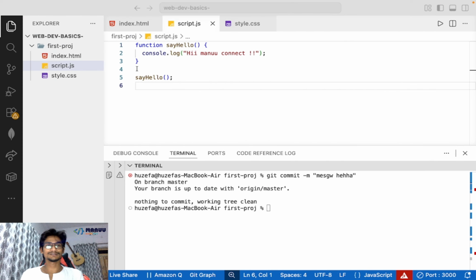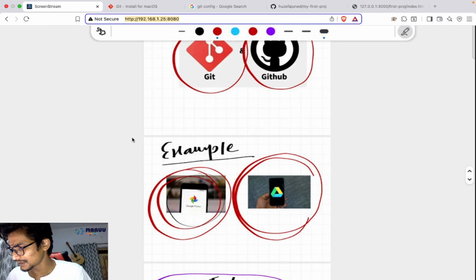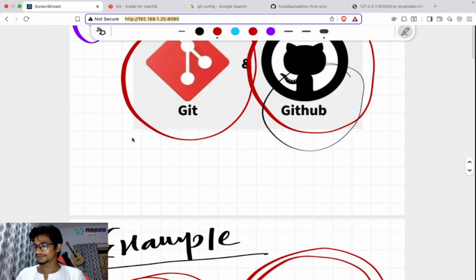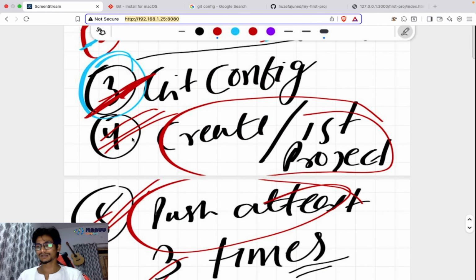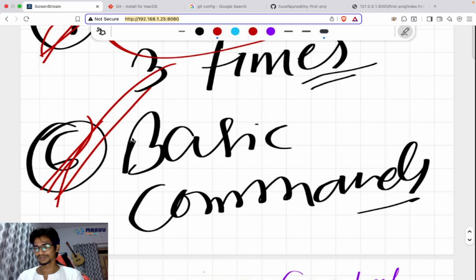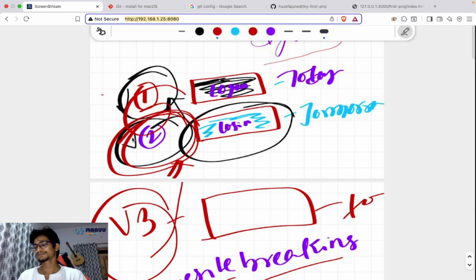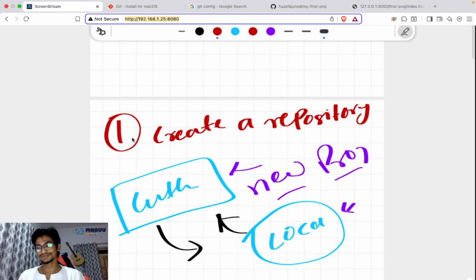I think I've covered all the things I planned to cover. But if you think I have missed any topic or any commands, let me know. Comment here, right? Don't worry. My team and I continuously read all the comments. We try to improve ourselves as well, because we are students as well. So don't worry about those things.